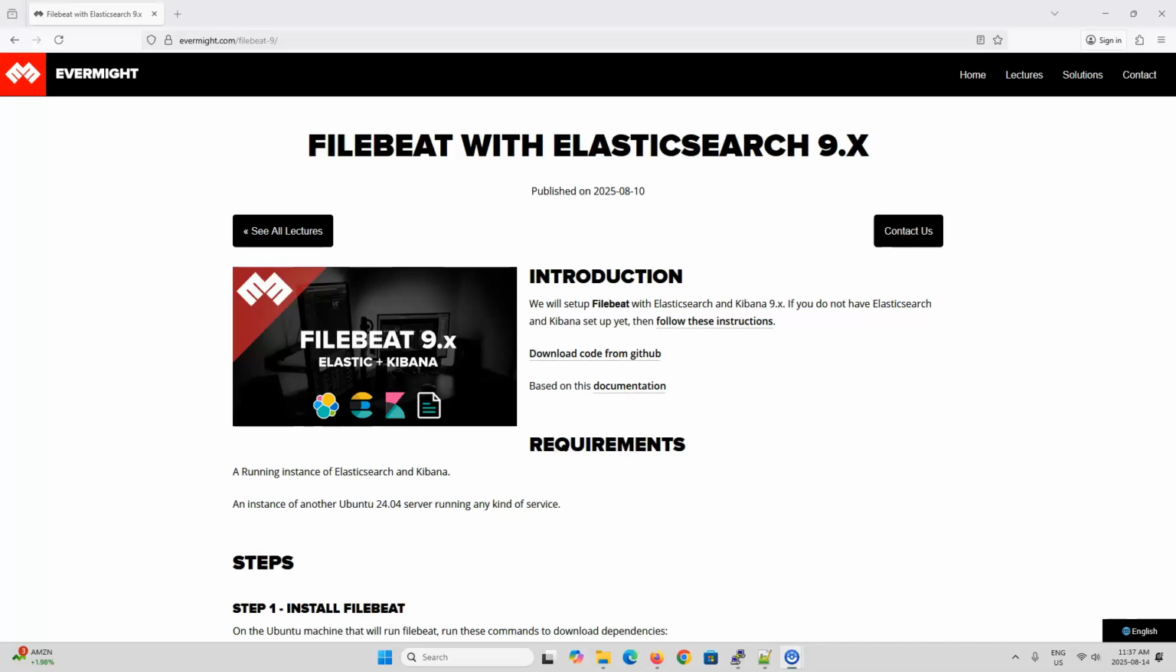In this video, I will install version 9 of Filebeat, which from what I can tell works the same as version 8. Filebeat is a lightweight software that ships logs of various services from your server to Elasticsearch or to Logstash. In this video, I will demonstrate how to set up Filebeat to ship system logs and web server logs